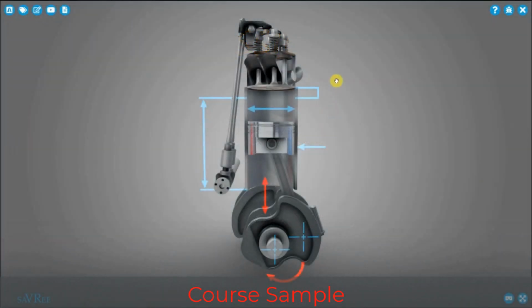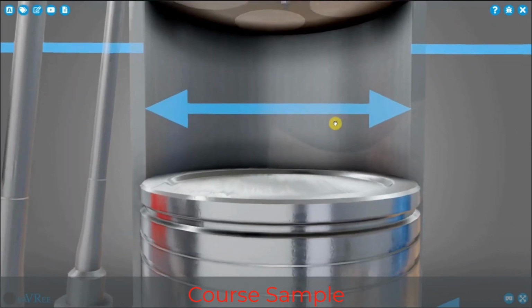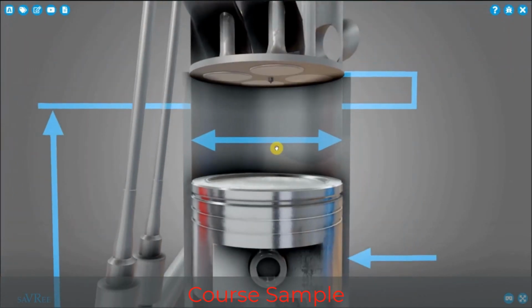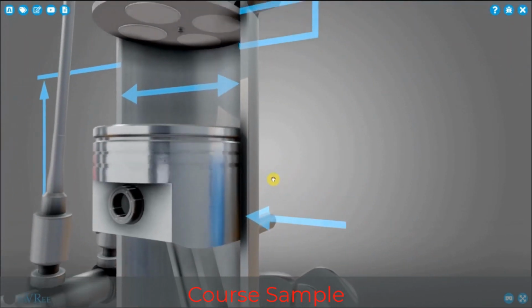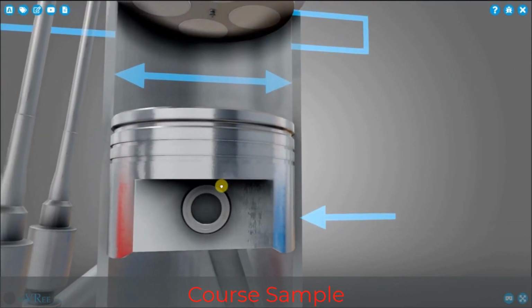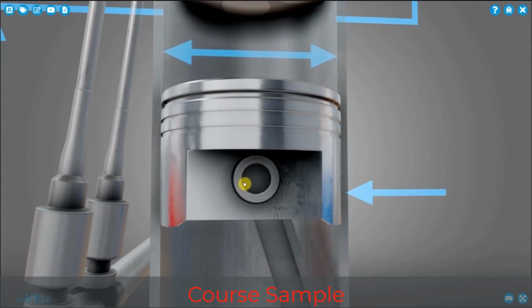So let's get stuck right in, and we can go straight to the middle of the engine. Where this blue line is indicated here, that indicates the cylinder bore. The cylinder is the piece here that surrounds the piston. This item in the middle of the screen is the piston, and the piston moves up and down in the